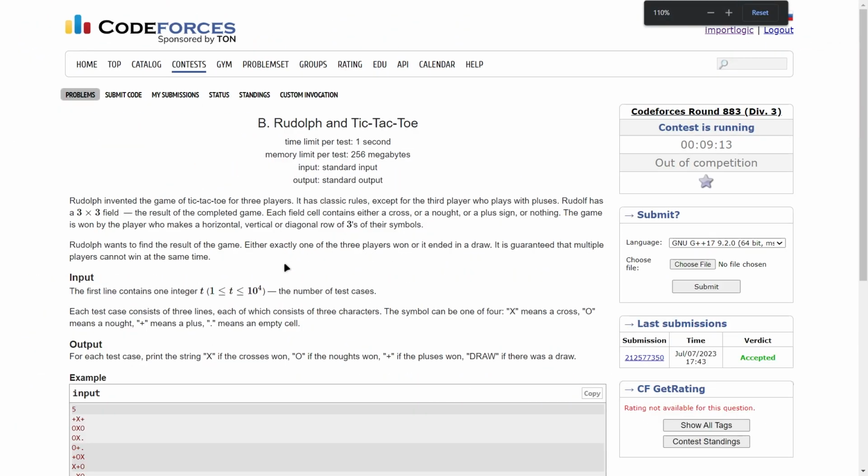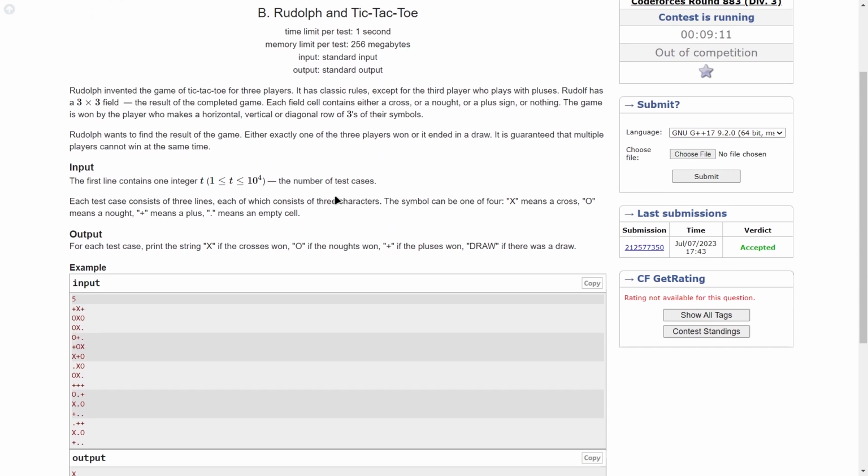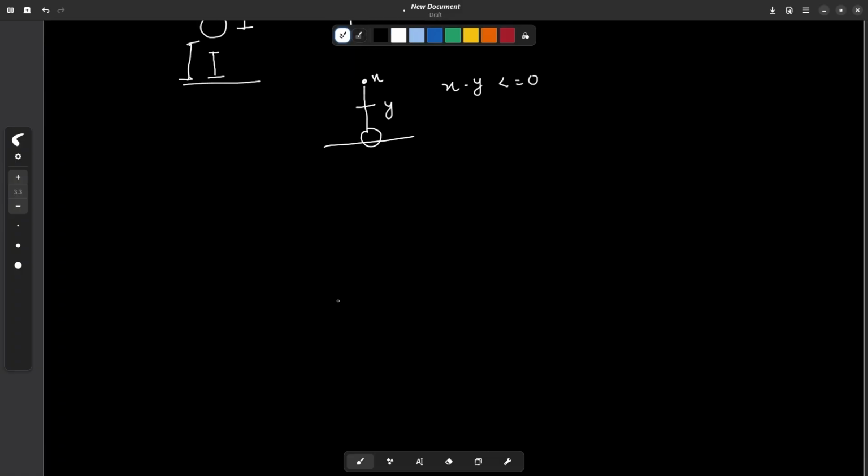Now let us have a look at this second problem. So this is also a very basic problem. They are just saying that there are three types of characters that we have, that is a cross, an O, and a plus sign, right? And a dot sign denotes an empty cell. So these are the four characters that we'll be having in a 3x3 grid, right? So you know the basic rules of tic-tac-toe, and let me just explain it with the help of examples. So if this is a grid,